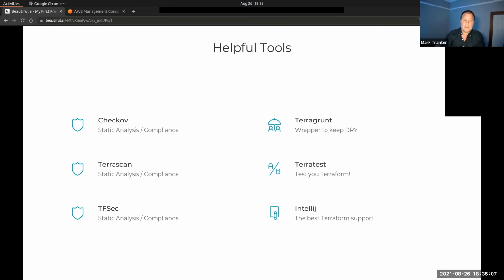Some other cool tools, TerraGrunt, that I've used on and off in the past, quite often in Terraform environments, especially when you're deploying to maybe a dev, a sandbox, a QA, and a production environment. A tool like TerraGrunt can help you out there, keeping you DRY. Don't repeat yourself. TerraTest, which I've never used, is a tool for testing your infrastructure as code. And at the moment, I've found the only IDE that really works well with Terraform is IntelliJ. VS Code's getting a little bit better. Yeah, and there's some helpful tools to use.